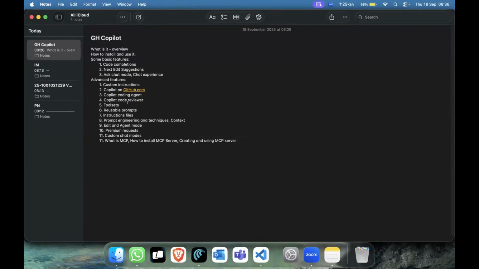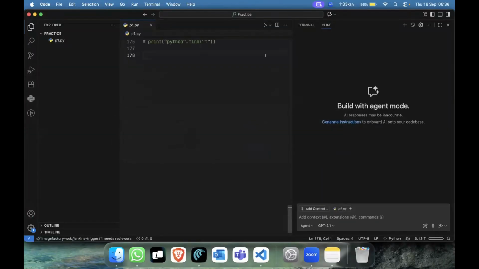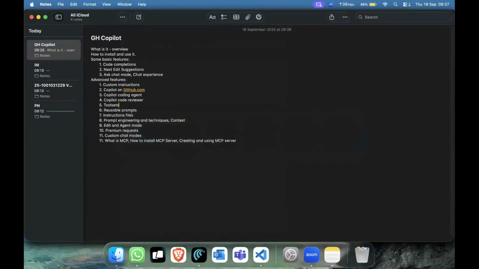And we have tool sets as well, where you can use this feature in your local IDE. You can create different tool sets. It's like grouping multiple tools that are available for Copilot and asking Copilot to use those tool sets. And we have reusable prompts, which are like creating shortcuts when using Copilot. There are some inbuilt shortcuts, and also you can create your own shortcuts for Copilot, and you can share them